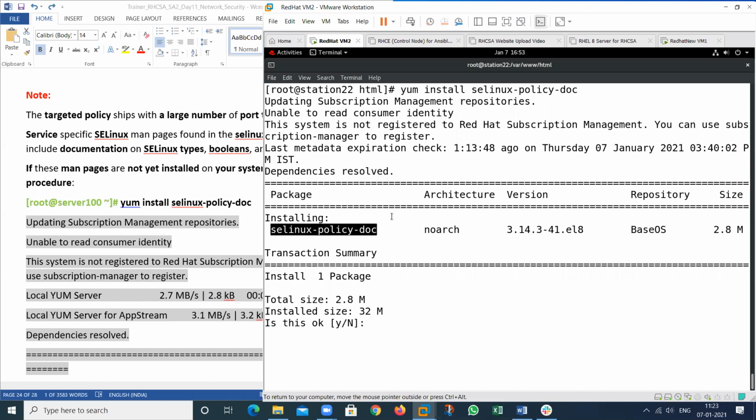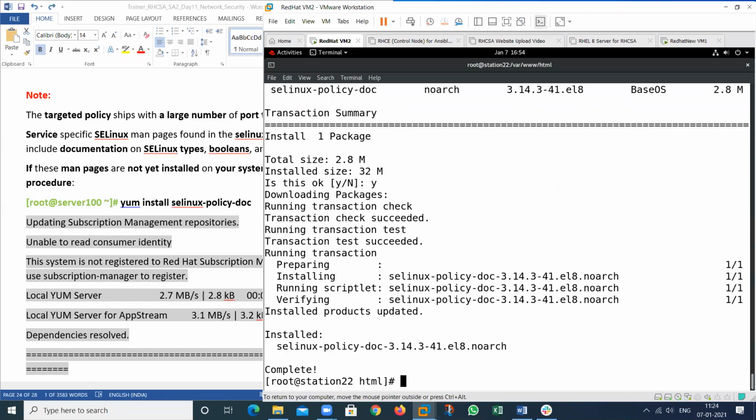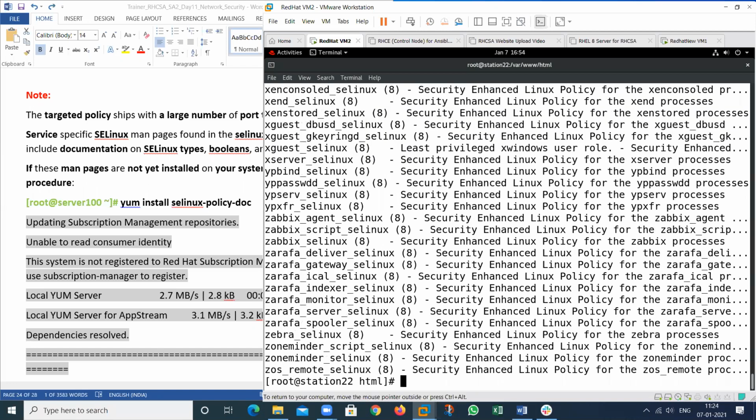All the information related to the policy, whether about FTP, HTTP, SSH, anything, you can get the help. Yes, then this will be installed. Now check. You have a lot of information, and from this you can get anything.